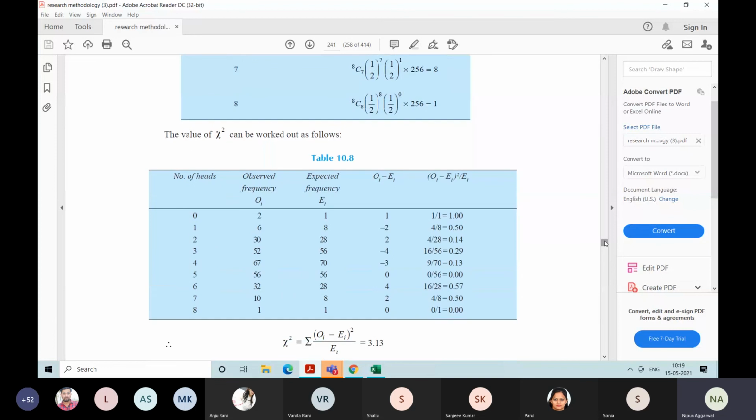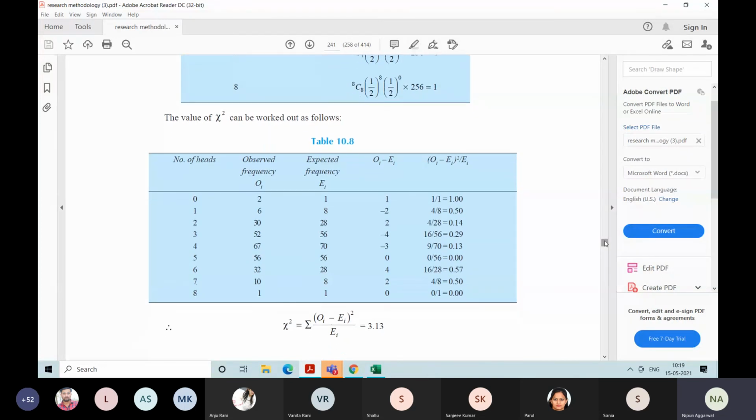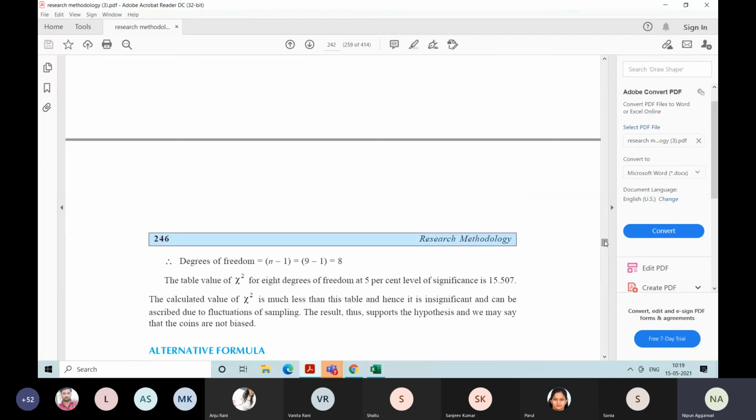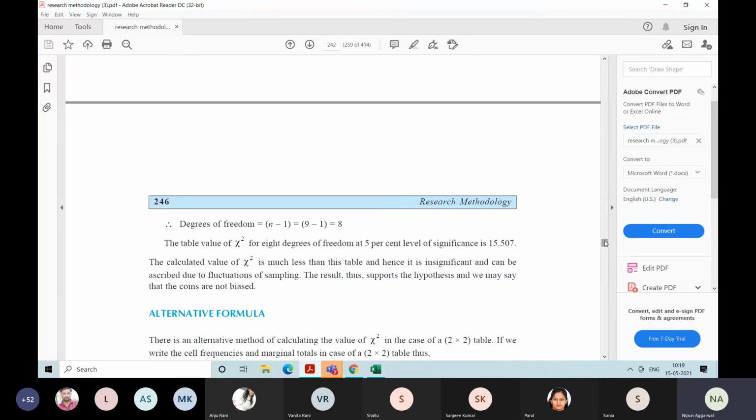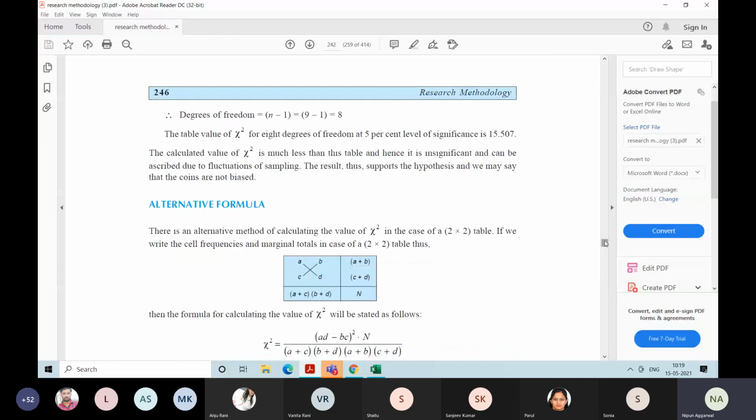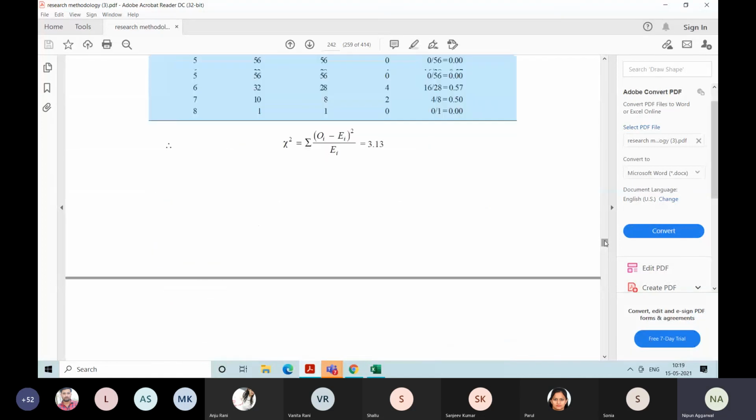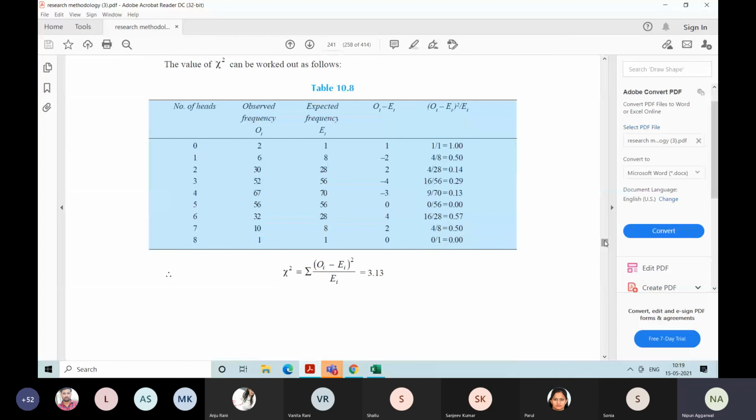Then apply the same process for the chi-square: observed minus expected, squared. Ultimately you want to find the observed and the expected. Observed is given, expected you have to calculate. You have to see whether it will be calculated through the binomial distribution or through that formula. That is an alternate; you don't need to do the alternate method. This is the required method in which you can solve your chi-square. Fine enough. So this is all about your chi-square test.